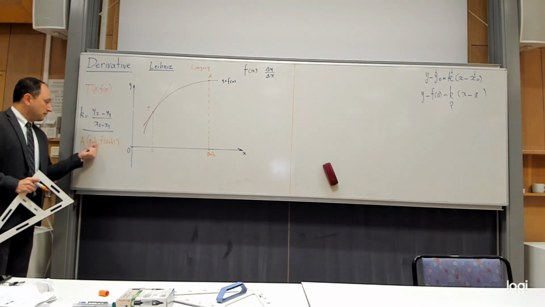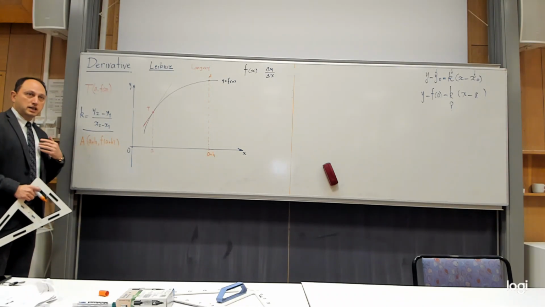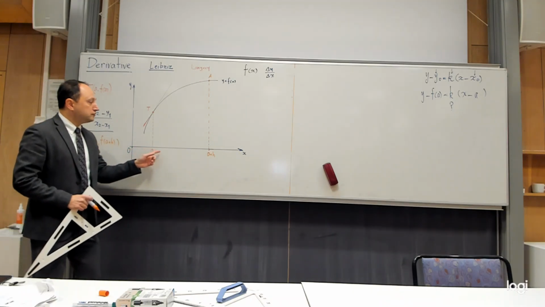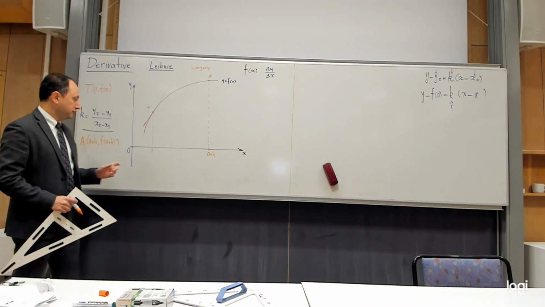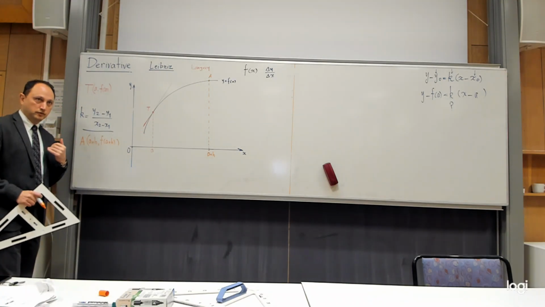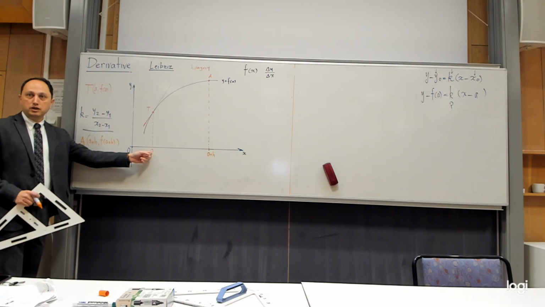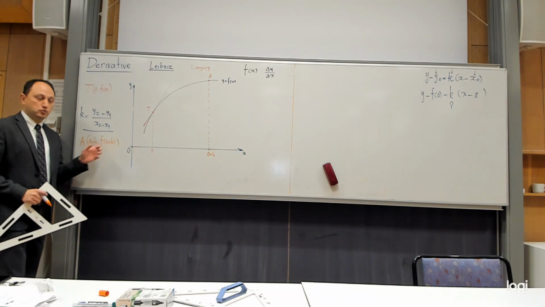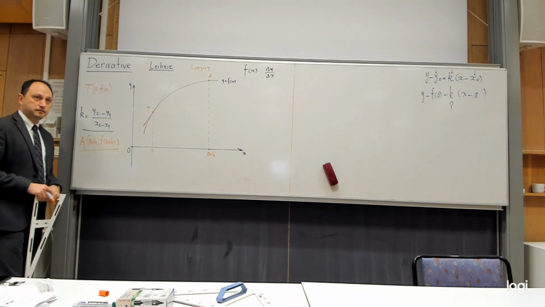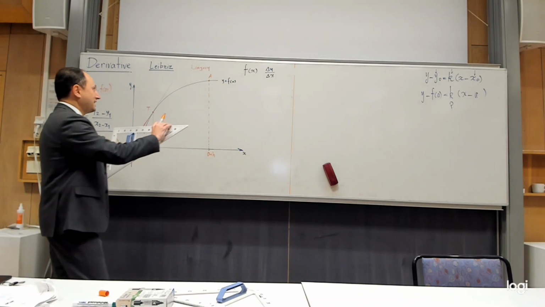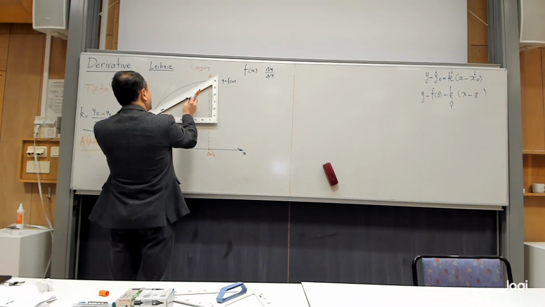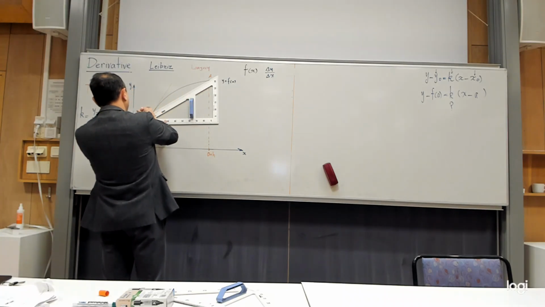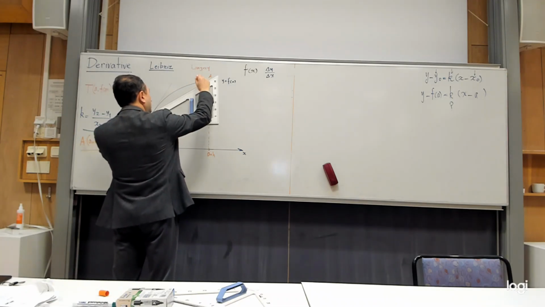So h, I know it myself because, for example, I move 1 centimeter. I can move 10 centimeters. So that is the value for h. So h is under my control. A is also given to me, and the function is also given to me. So I know this. And then there is one minor point left. If you just draw this line, this line here,